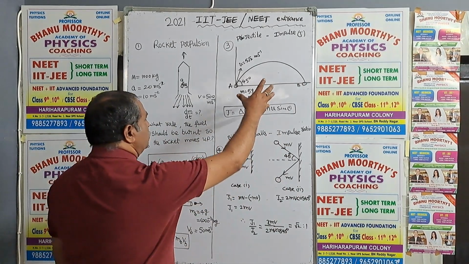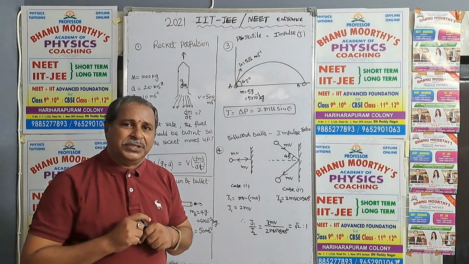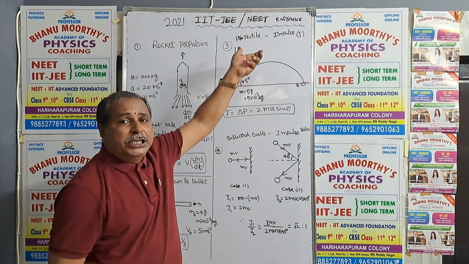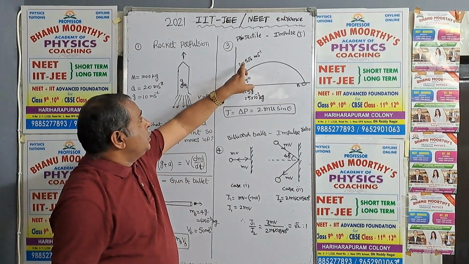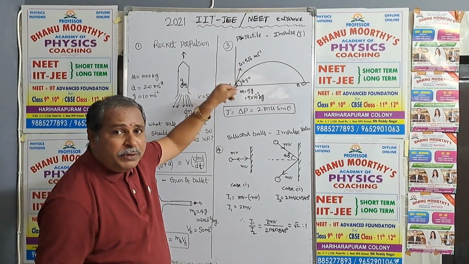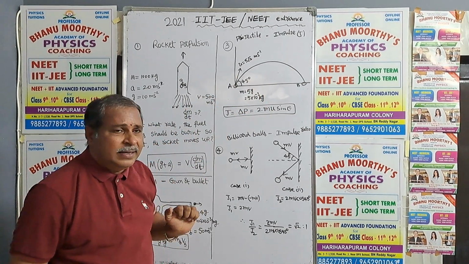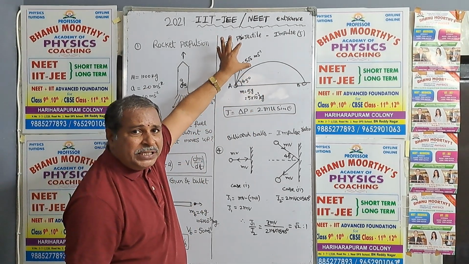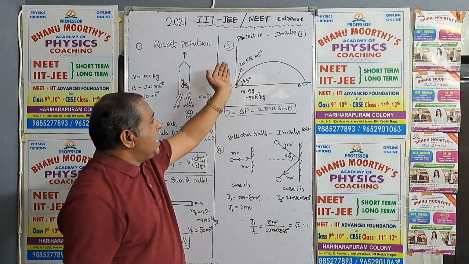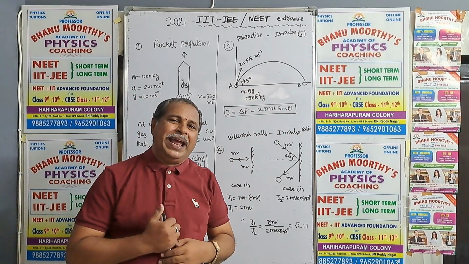Now let us move to the third question in 2021. They selected this question in one of the sessions. What is that? Projectile motion. A body is projected into air with some velocity 5√2 meter per second, at an angle 45 degrees with the horizontal. Its mass also is given there, 5 grams, converted into kg. Now mass is given, velocity is given, and angle of projection is given. Question is: what is the impulse between A and B?